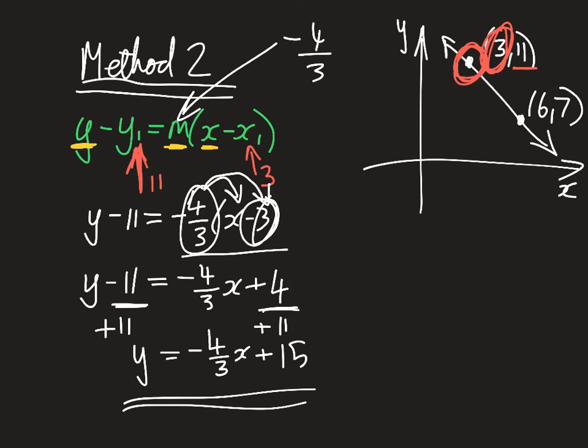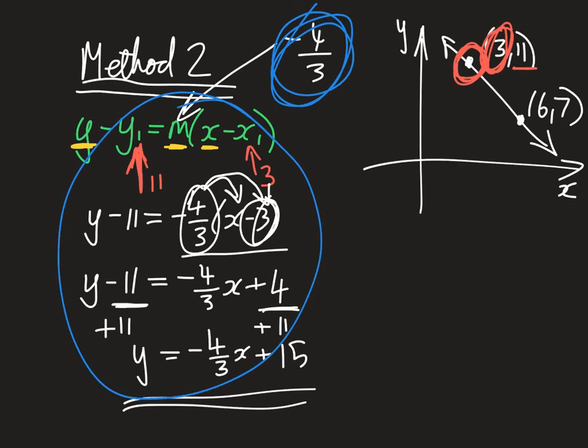Is that any easier? I think not. Particularly in this method, I'm going to use the blue colour, we had to have worked this out anyway. The minus 4 over 3 we had to work out. So that would be an extra part of this process if we didn't already know it. All right. To find out the value of the y-intercept, we went through this whole process just to get the y-intercept, whereas in the